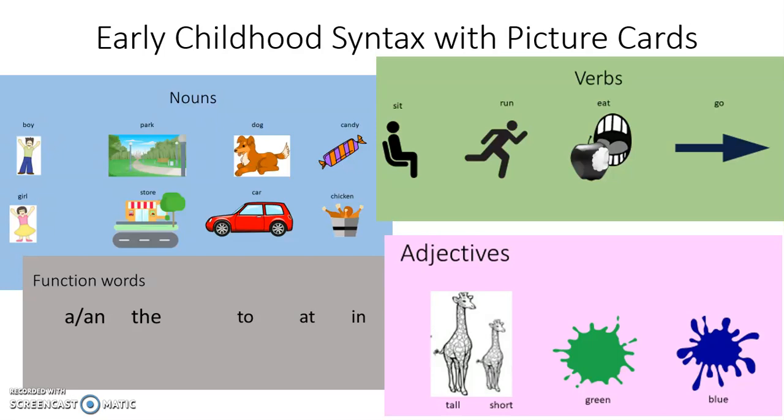And I decided to first consider putting the different syntactic categories color-coded. So maybe nouns are always going to be on blue cards, and verbs are always going to be on green cards. Additional functional words that they may not be developmentally able to understand yet, I just write as words, and those are going to be words that the teacher needs to place into the sentences for them. And then maybe we do adjectives on pink paper, and then ultimately we can develop cards for adverbs and other